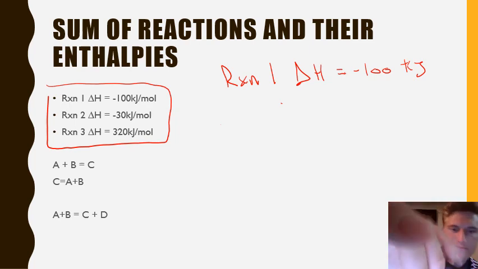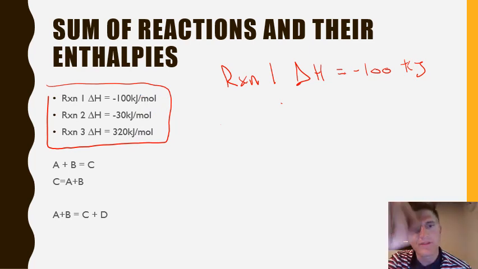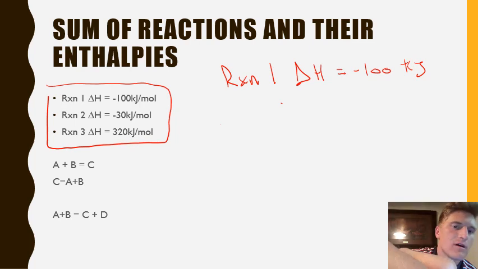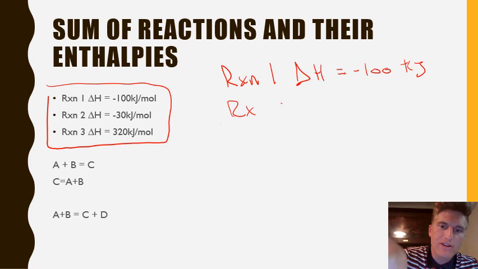Oh, and actually, to be honest, this part here is incorrect with the moles. We can just assume that, oh, actually no, we'll leave it for now. For every 1 mole that this reaction undergoes, it releases 100 kilojoules of energy. We'll just say that. Anyways, with reaction 2, delta H is equal to negative 30